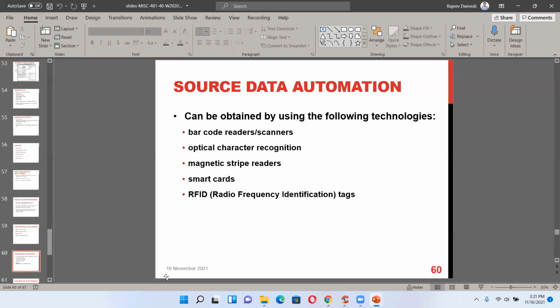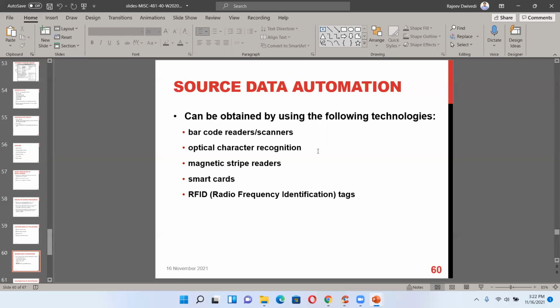Source data automation can be obtained using barcode readers, scanners, and optical readers. So basically, when you are riding the bus, you have your ID card, which helps you get onto the bus. Similarly, in many places these things are happening.